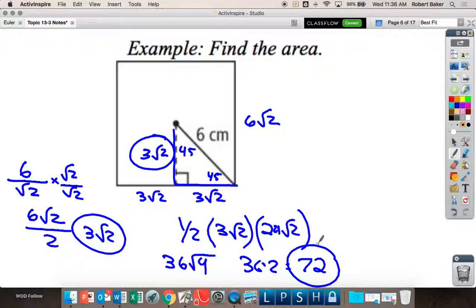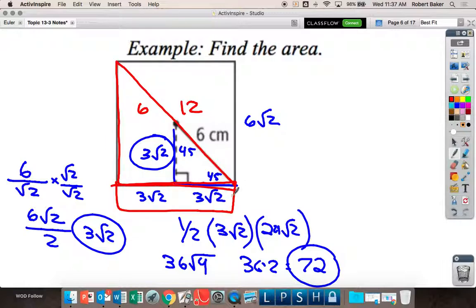Alright, so now I think really the issue is working with radicals, not necessarily understanding the formula. Right? Go ahead, Miles. Oh, I just did base times height. So how did you get there? Because not everybody sees it. Oh, I just did the same thing you did, and then when I got the length of the whole side, you just did 6 square root of 2 times 6 square root of 2, which is 36 square root of 4, which is 36 times 2, which is 72. I would have probably done this: 12 divided by the square root of 2 is 6 square roots of 2. And it would have given me one side